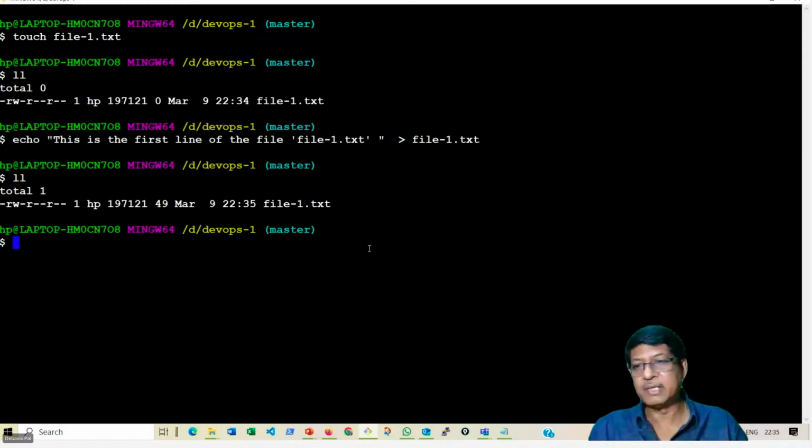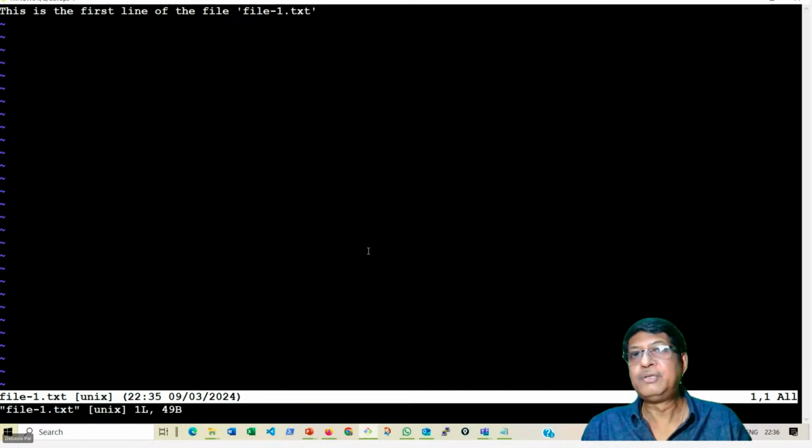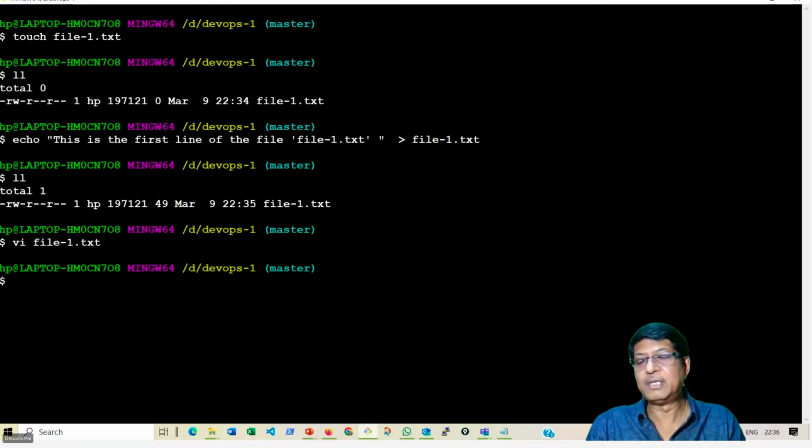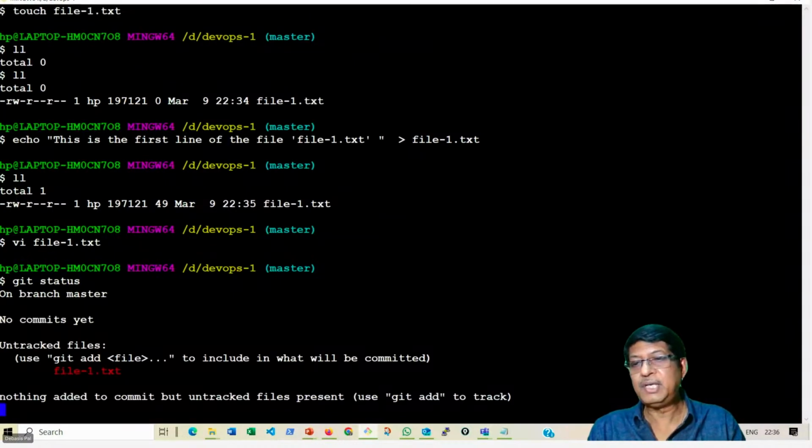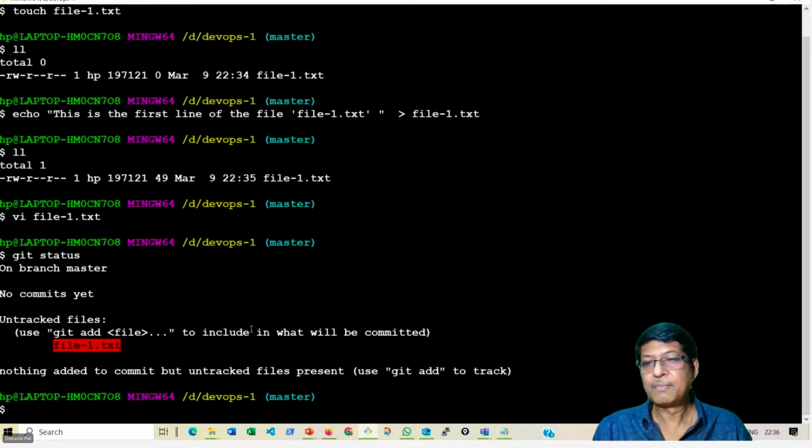I can check this. I can say vi file1.txt. You see this, there was a line added. So this is a change. Don't you understand? This is a change. So if I say git status, you see there is a change, the red one, because you are being tracked. You have created a git folder. Okay, you are now git aware. This folder of yours, that is DevOps-1, is a Git folder, and there is a changed file, a new file created, file1.txt, with one line,